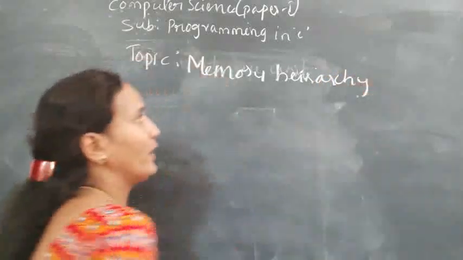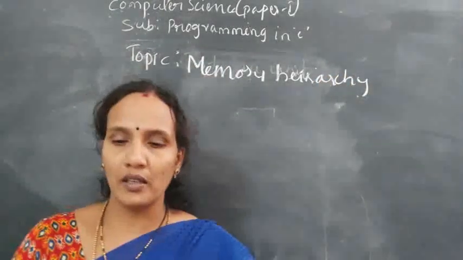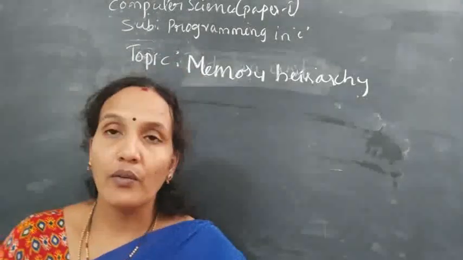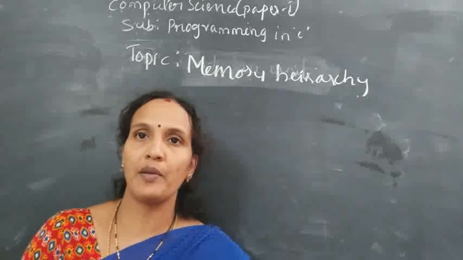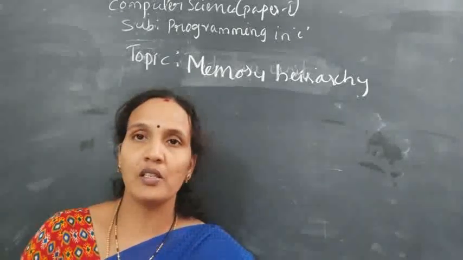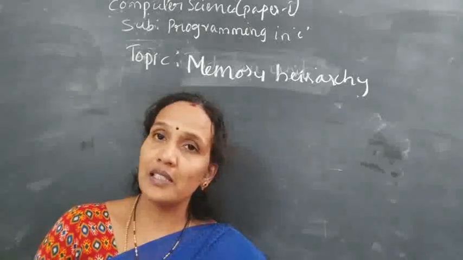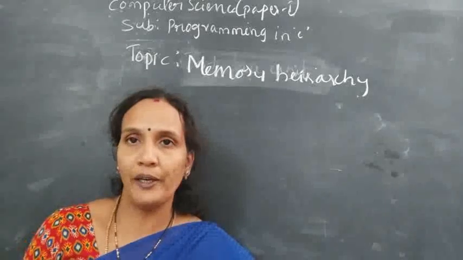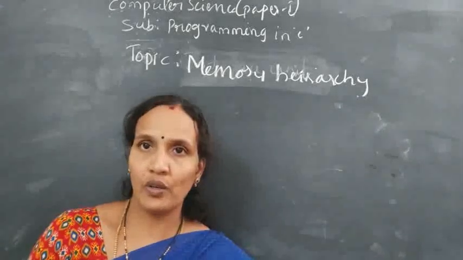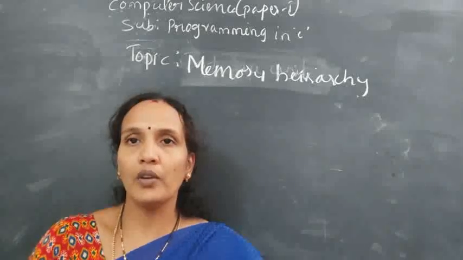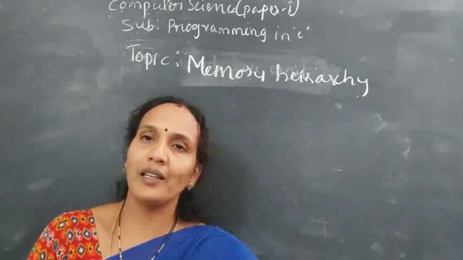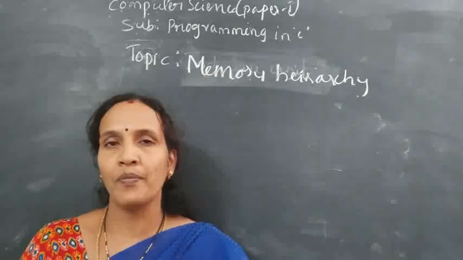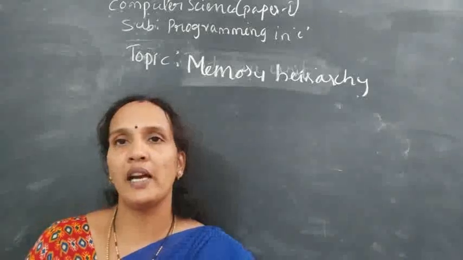Hierarchy. Okay, actually hierarchy is nothing but a level. It is a structure. So in the system, we have different types of memories: primary memory, secondary memory, cache memory, registers. The size, the cost and the access speed are different from one storage unit to another storage unit. But in each and every memory storage unit, we have some advantages and disadvantages. So now come to our topic, memory hierarchy.